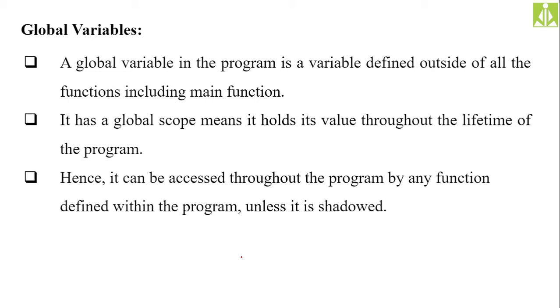You can even access these global variables in main, in any other user defined function, wherever you want. There is no restriction, zero restriction, we can say. There is no restriction at all on these global variables. So it has a global scope. Whatever variables we are declaring globally, all these global variables will have the global scope. Global scope means no restriction at all, global access.